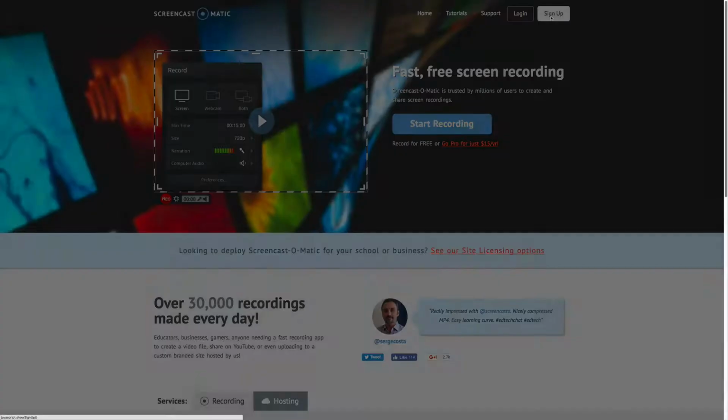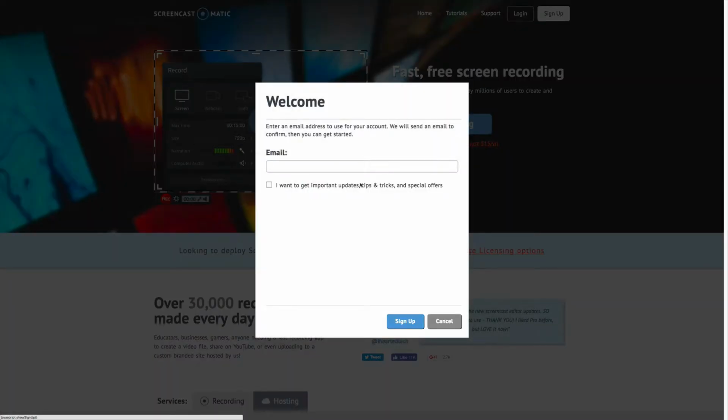So I'm going to click on the sign up button and fill in my email. It says here, enter an email address to use for your account. We will send you an email to confirm, then you can get started. So I'll enter my